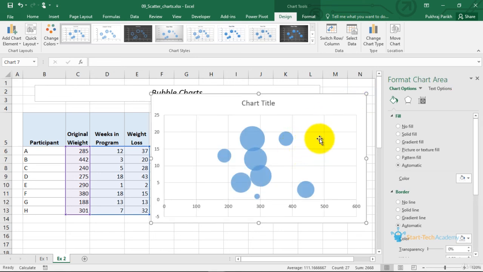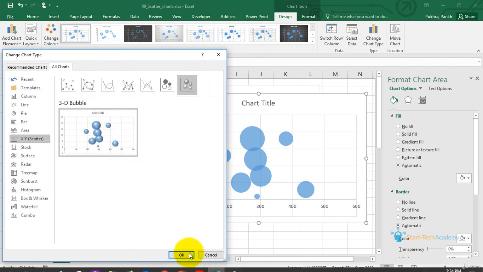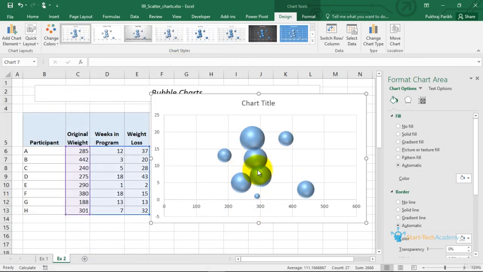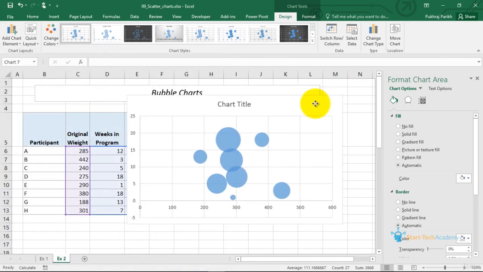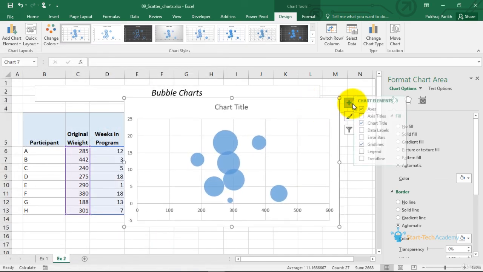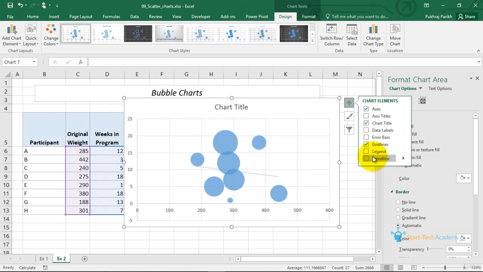The second option in bubble chart is a 3D bubble chart. As you can see, this is a 2D bubble chart. Here you have circles. If you create it in 3D, these will become spheres. So each circle is now looking like a small ball. Just like scatter plots, you can use bubble charts to identify trends and create trend lines.